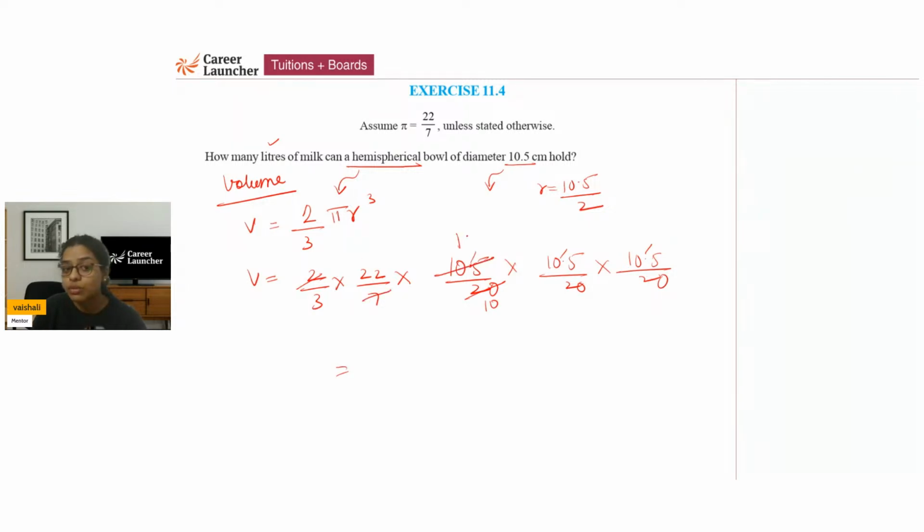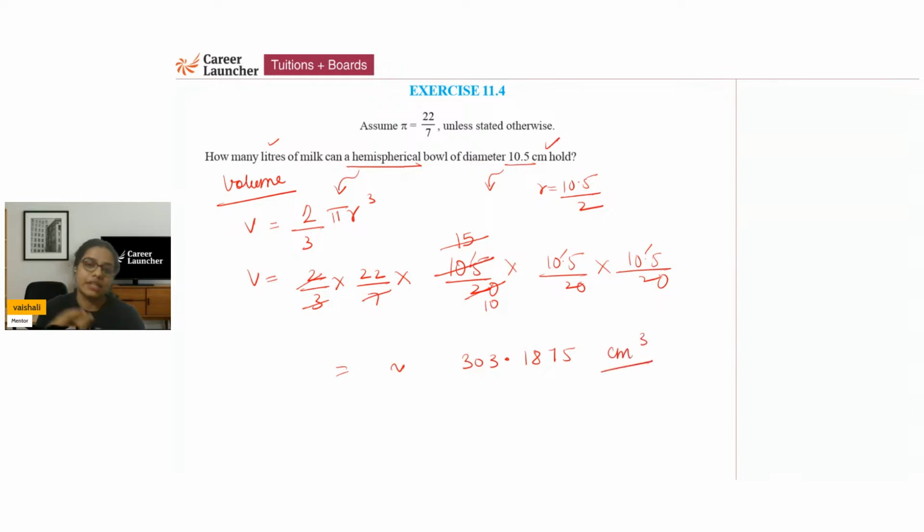This is going to be 15. और ये भी चला जाएगा आपका 3 से. Now after solving all of this, आपका final answer again decimal में आएगा and this should be approximately how much? 303.1875. So this is the approximate value after the division, and my answer is going to be in centimeter cube,